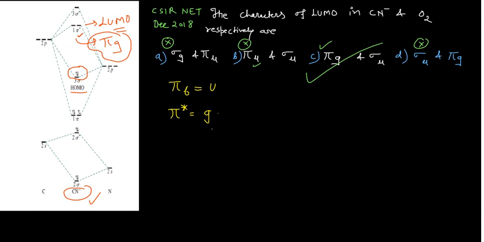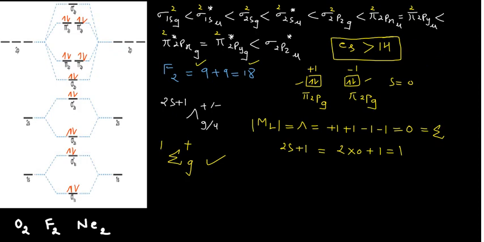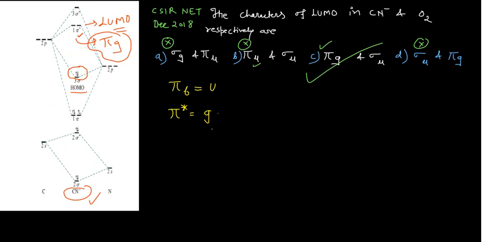And if you want to know what would be the LUMO for this oxygen, you can go back. So this was your oxygen, and for oxygen, this was your LUMO. That LUMO is actually the sigma anti-bonding 2p, and you know the sigma anti-bonding 2p is U. You see here it is U. So for oxygen it would be U, so you can clearly see sigma U. So this is the correct answer. This question was quite easy, but you have to have an idea about the molecular orbital diagram for heteronuclear molecules. Okay, now moving to the next problem.